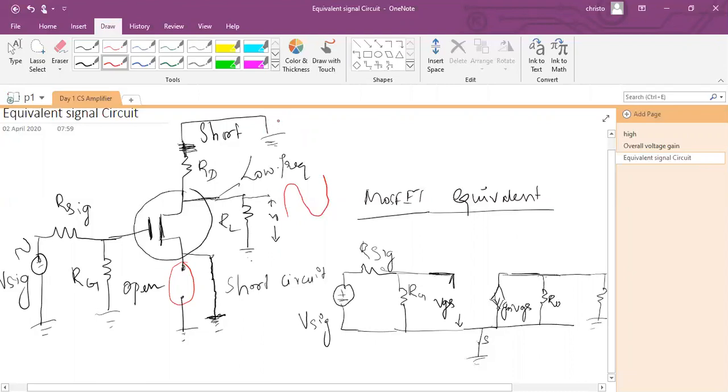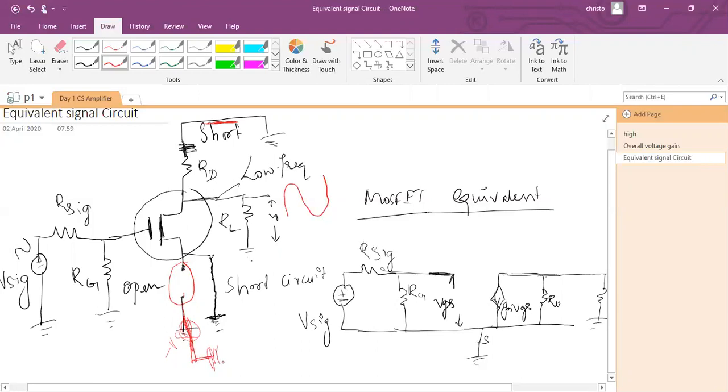So the plus was connected here and the negative has to be connected to the ground, so it has to be shorted directly. The VDD point is shorted. Same here, after that, the minus VSS was there, so its plus point has to be connected to the ground. Finally, this has to be replaced by a short circuit. So finally this is open, and again this is short, again it is grounded.